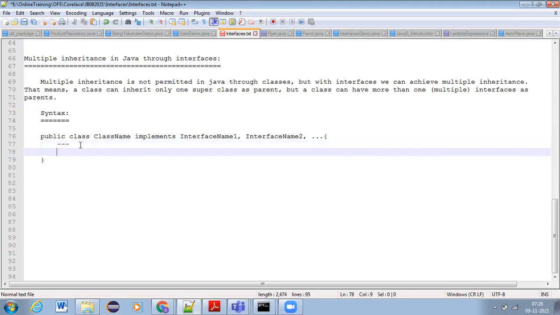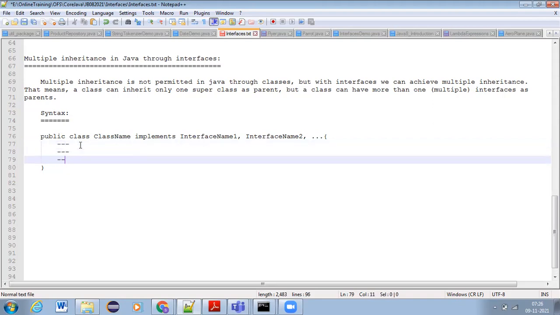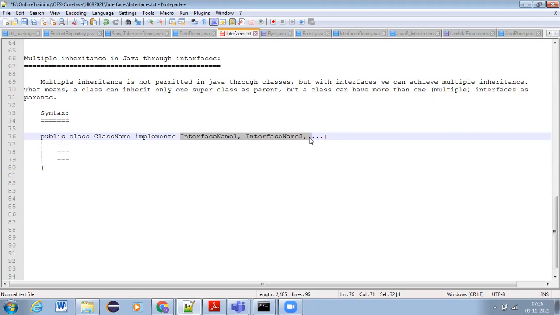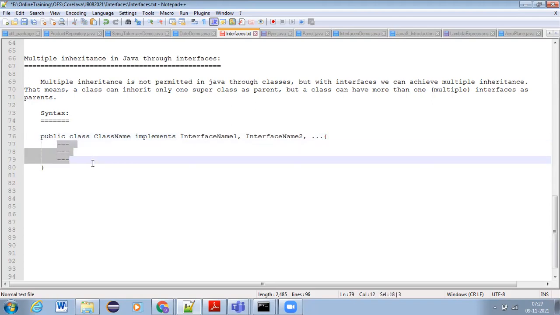We need to write implementation for all the abstract methods presented in all these interfaces. So far we had only one interface and one abstract method in our example. Now if you have more than one interface, and all these interfaces together have 100 methods, all those 100 methods you have to implement in the subclass.